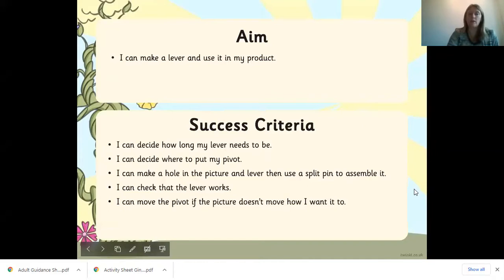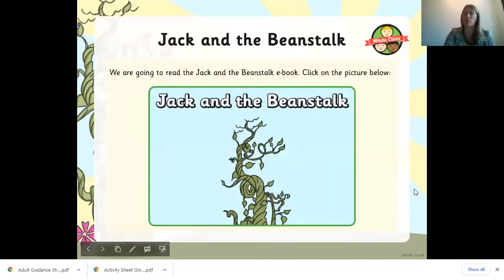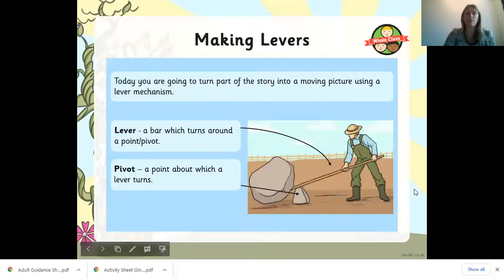You're going to be deciding where to put your pivot. Make a hole in the picture and lever, and then use a split pin to assemble it. You're going to be checking that your lever works and moving the pivot if the picture doesn't move how you want it to. So you'll need to change it if you don't like how it's working. So today you're going to turn part of the story into a moving picture